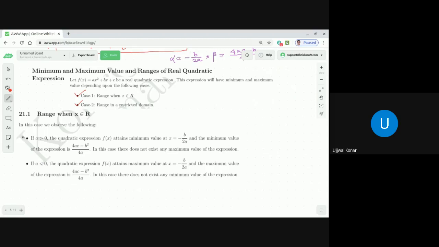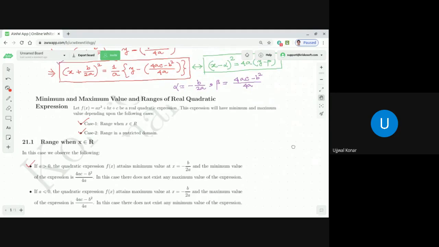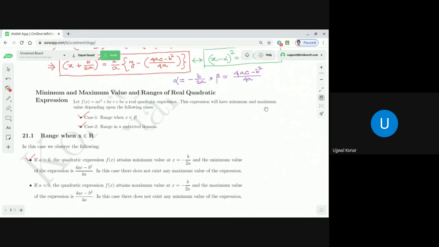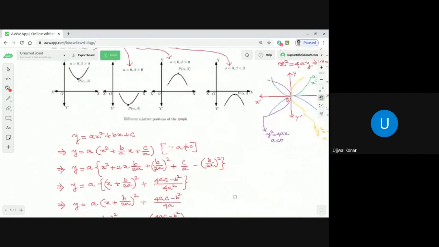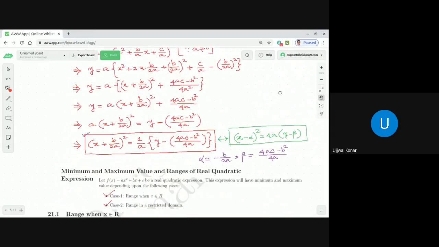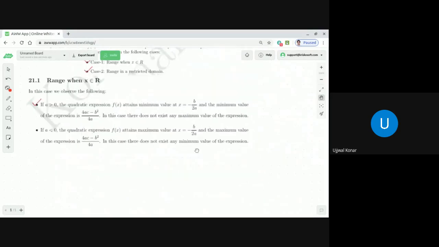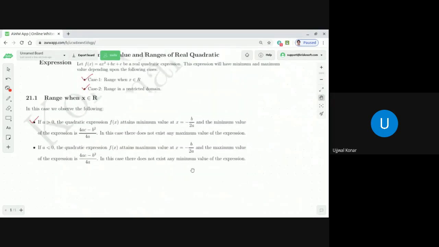Now, you may think that, okay, sir has just stated this statement, but things will be very well understood if we go back to the parabolic representation. So what will be the parabolic representation of this one? It is something like this. When a is less than 0, the curve should be either this or this. So let me draw it here as well. First, a is greater than 0, sorry. So let's look into how the curve will look when a is greater than 0.